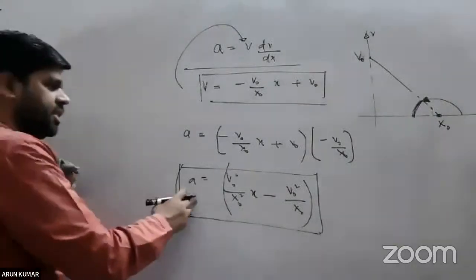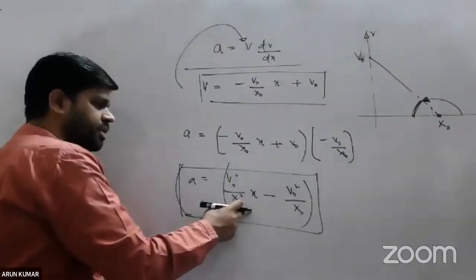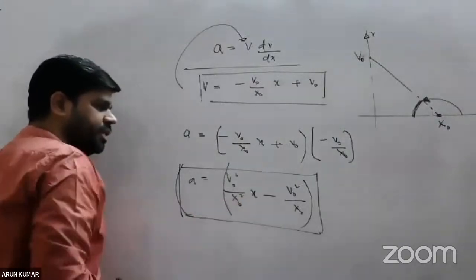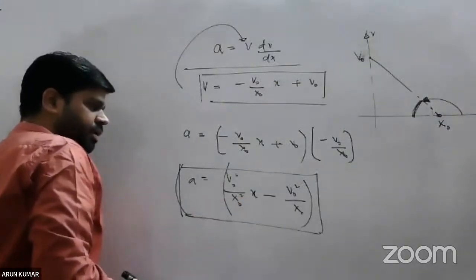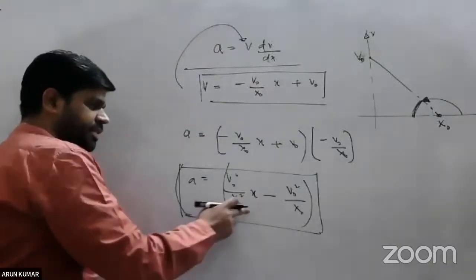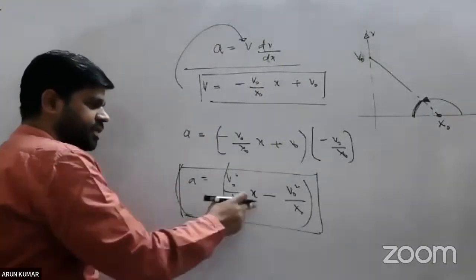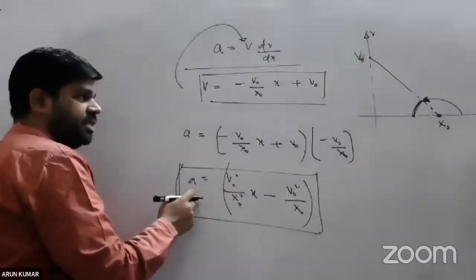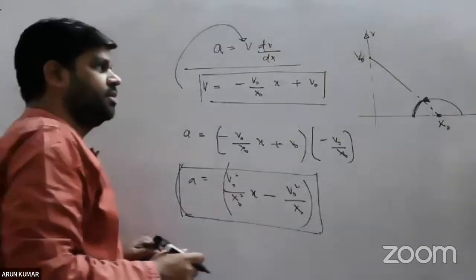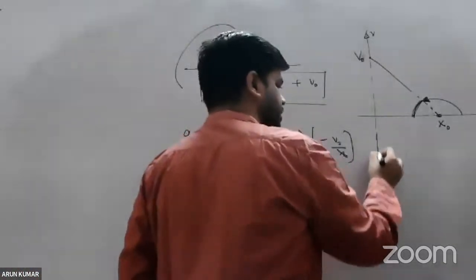Look at this. Acceleration is linearly varying with respect to x, and that is proportional to x. And as x is increasing, my acceleration is increasing. As x increases, acceleration linearly increases with x. If I plot this function,